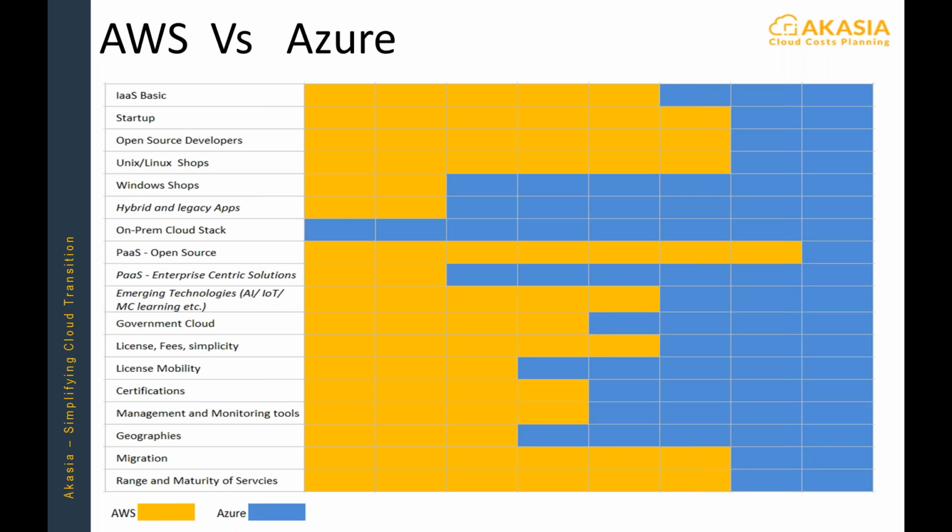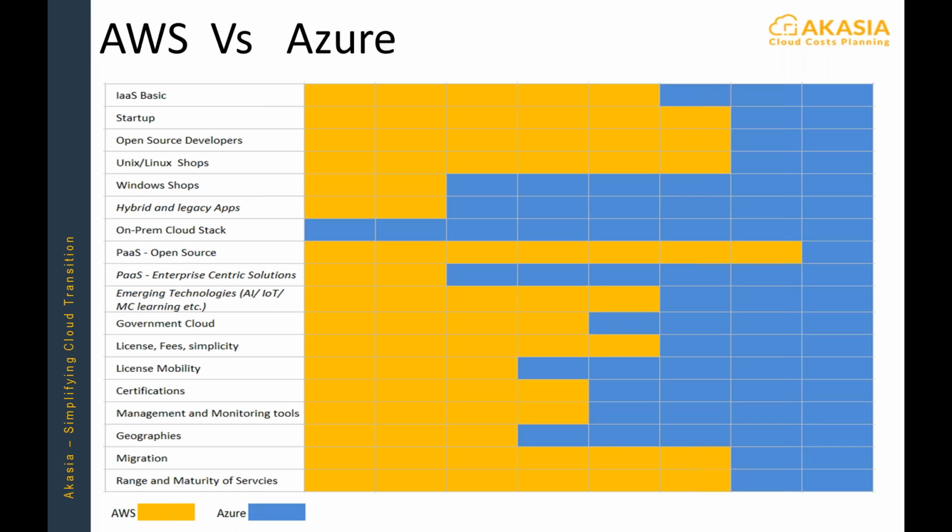Again, extending your hybrid model, if you're planning to convert some of your on-prem infrastructure to a cloud architecture, then Microsoft does offer an on-prem cloud stack, Azure Stack, which is definitely the right way to go. Amazon, on the other hand, is very focused on having everybody live in the cloud, and they're not particularly doing anything with on-prem activities. So you don't see any product from Amazon in that area.